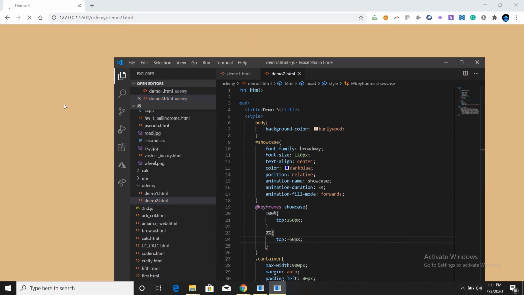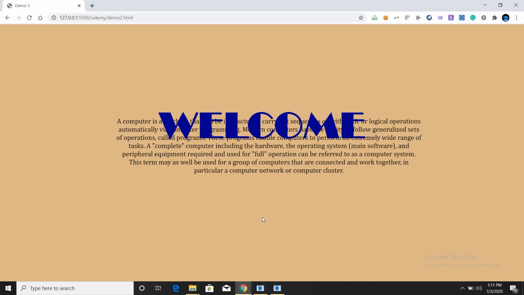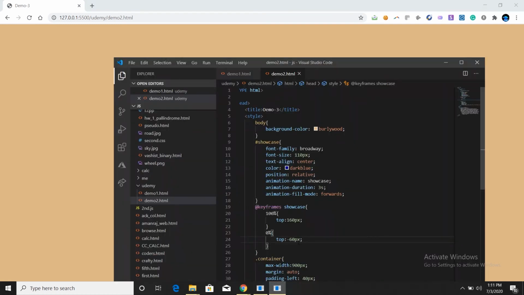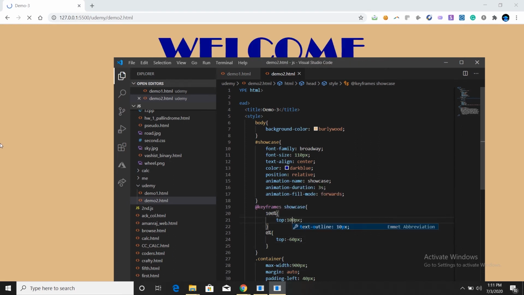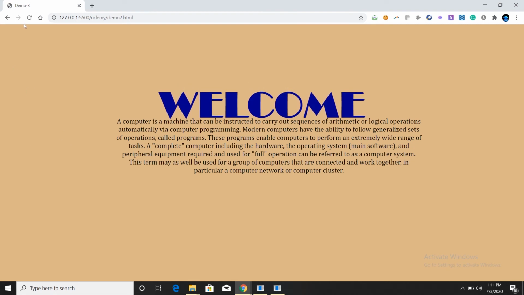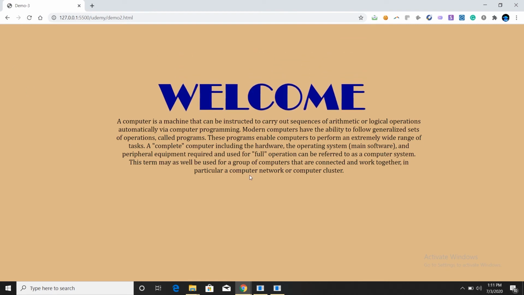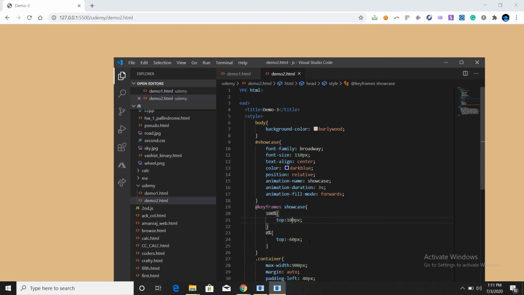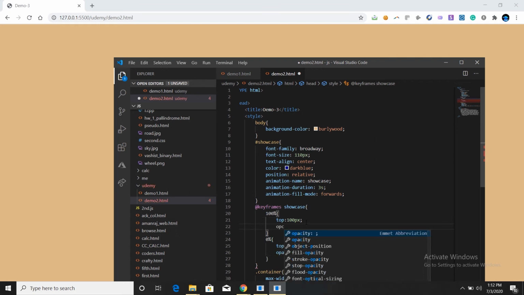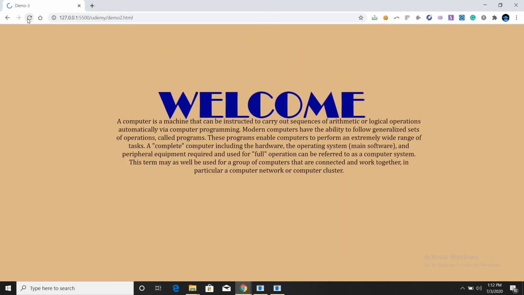Okay, let's see how it is coming. Okay, it is coming and it's floating here. So I think I have to decrease the value, make it 100 pixels. You can see the output, it is floating from top. You can also change the opacity values. Let the opacity at 0% will be 0.7, or let it be 0.5, and at 100% will be getting an opaque image. Opacity will be 1. So this is the output.